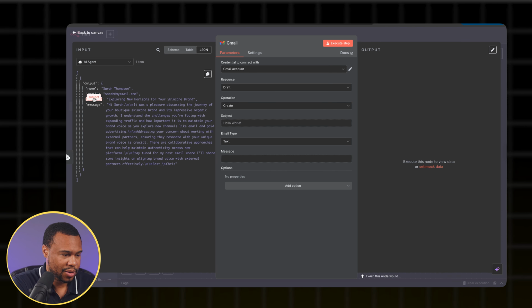So now here's where the psychology gets interesting. The first email isn't about trying to sell anything. Its only job is to get our prospect excited about what's in the second email. And that's why we've guided our AI agent to phrase it so that our prospect is expecting something special in the next email. So now I'm duplicating the entire section for our second email, but this time I need